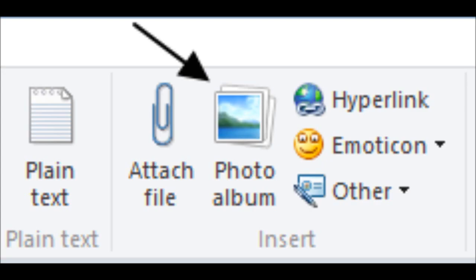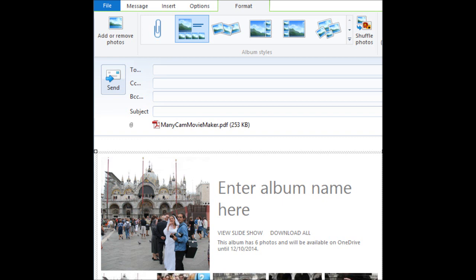To send multiple photos, you can attach a photo album, but you need a Microsoft account. Click on Photo Album. Like I showed you before, File Explorer opens up, you follow the same process, and then once you're finished, you will see this. You can enter the album name, and then once you send it, it automatically takes those photos and puts them up on OneDrive, which is in your Microsoft account, and then they can view it